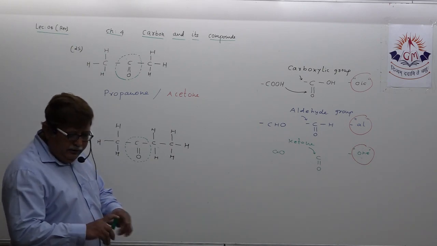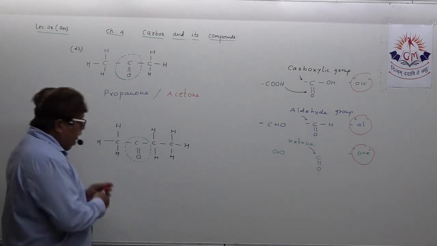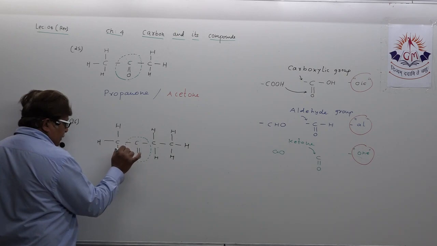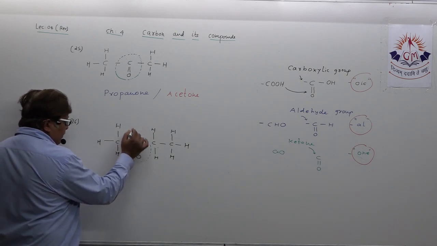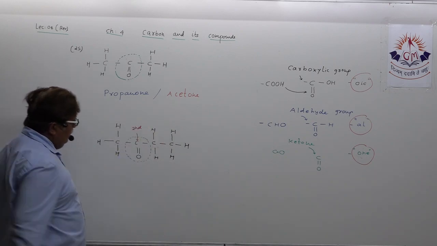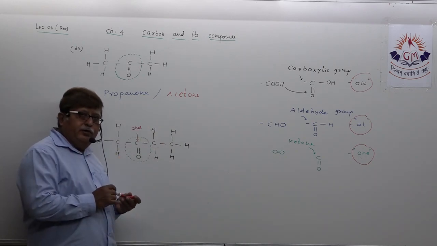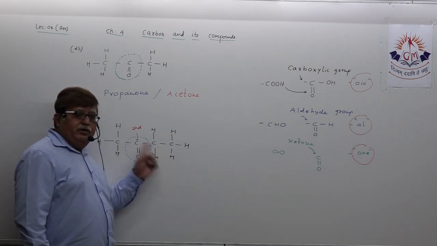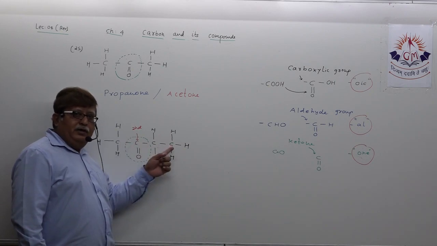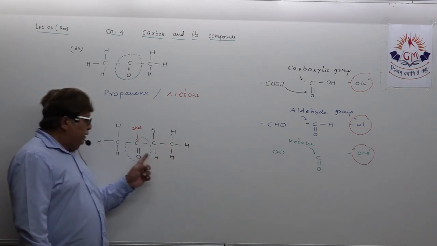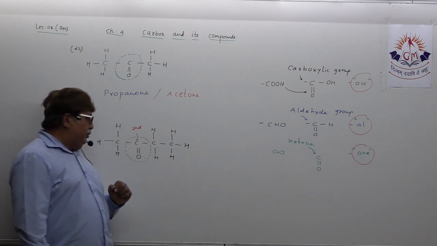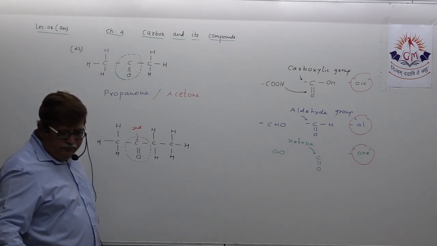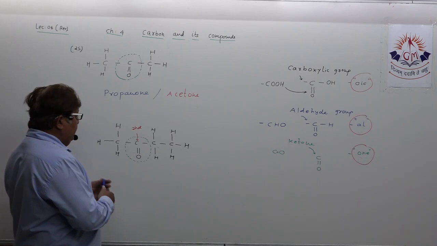But dear student, at the same time, what you should think is that this group actually exists on the second carbon atom. You understood this? This carbon atom, though it's a part of the functional group, can also be considered as a part of this carbon skeleton chain in the hydrocarbon. Understand? So actually this particular group C double O is present on which carbon atom? It is present on the second carbon atom.